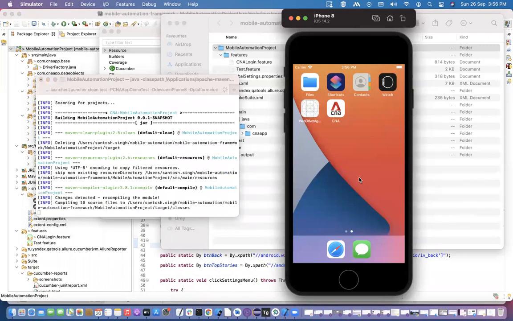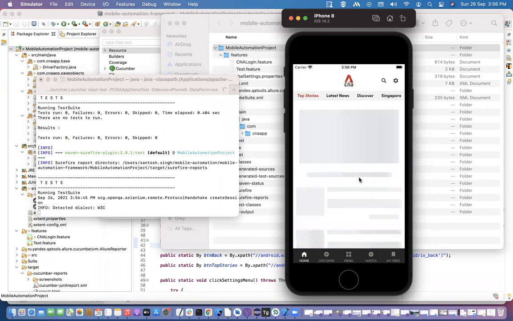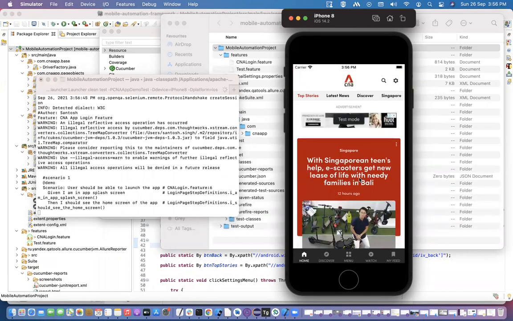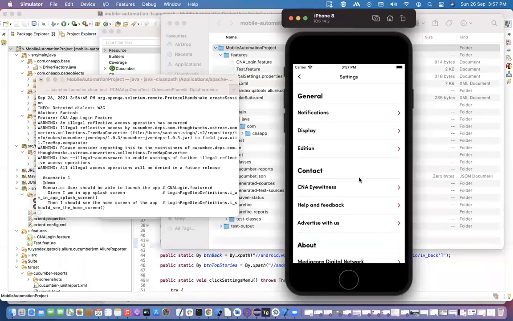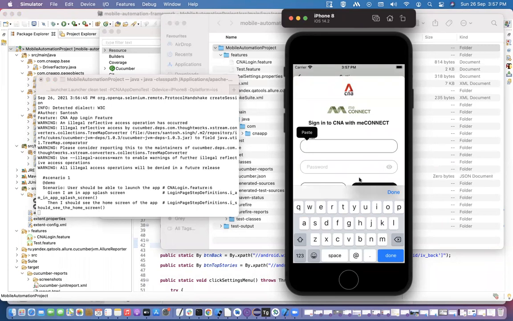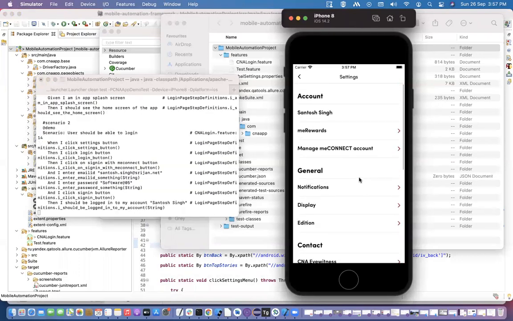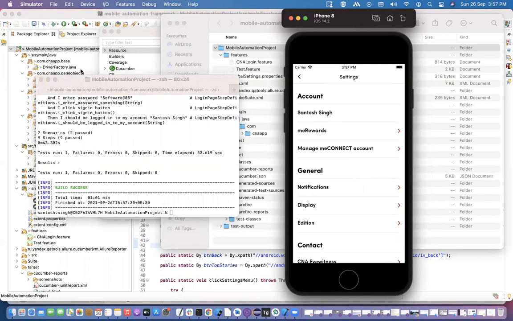See here, now I can click on login, then sign in with any user email. Okay, see, this is completed.